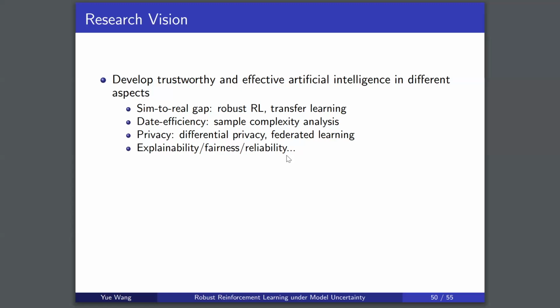So my research goal is to develop trustworthy and effective AI so that human beings can rely on and use this AI freely with no concerns. I aim to study the trustworthiness of AI from several aspects. Firstly, I will continue my study on closing the sim-to-real gap and the data efficiency of AI systems. But I will not be constrained to the robust reinforcement learning approach. I will also consider other approaches like transfer learning or representation learning and combine them with robust reinforcement learning to develop a more concrete and universal approach to close the sim-to-real gap.